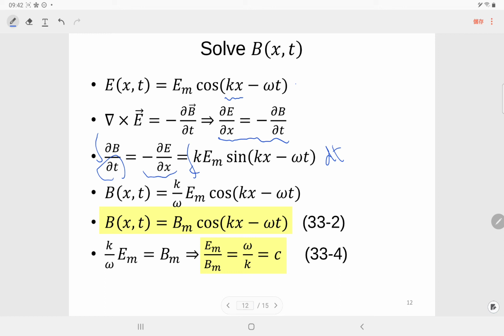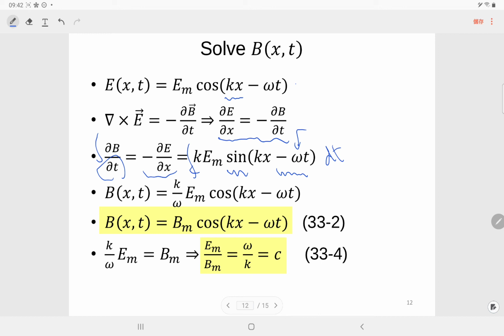And then the right side, we take the integration. Here we have a minus sign, and then we integrate the sine. So we have two minus signs, so it becomes positive. And then we integrate with respect to t. So we need to divide by omega. So we have k over omega times EM